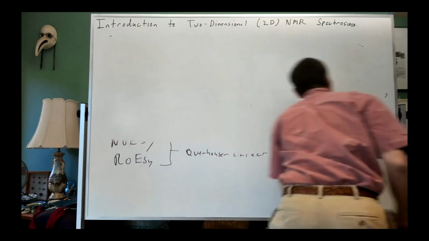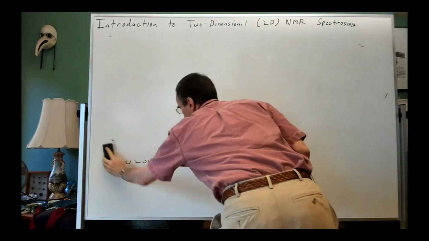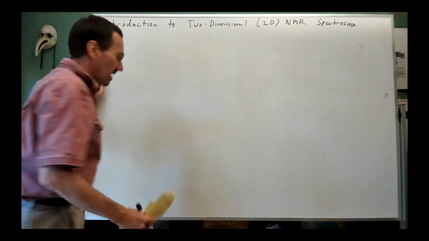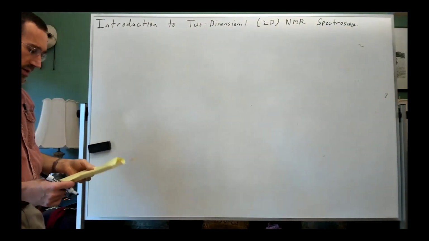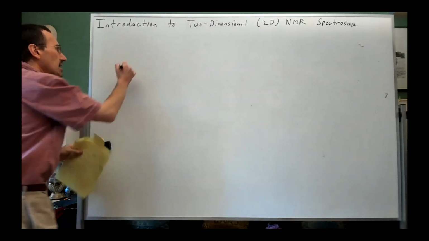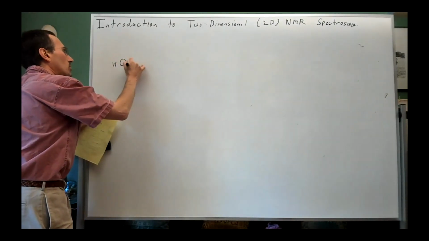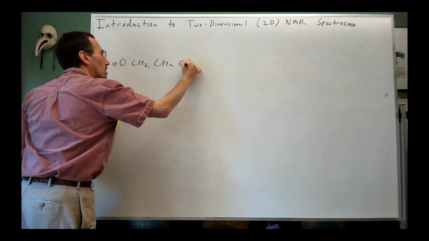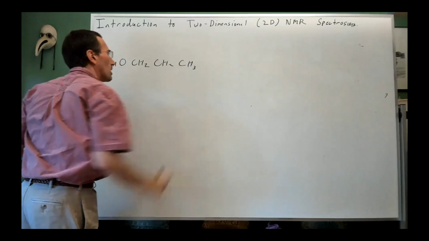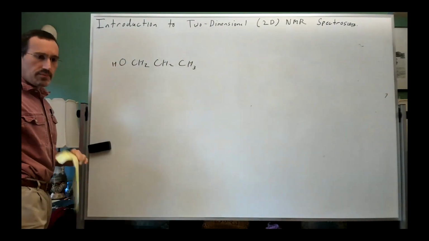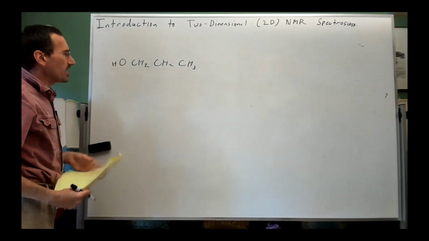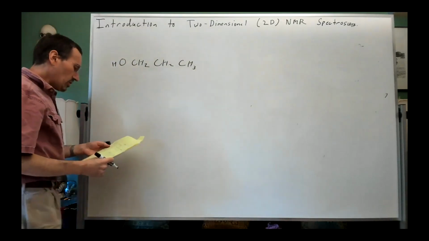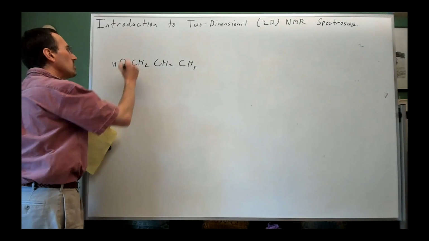All right, so what I'd like to do at this point is sort of diagram these experiments out, or at least 4 of these experiments, the first 4 of what I've called the core experiments. And I'll diagram them all out with 1-propanol. I made little schematic diagrams for the handout. What I'm going to show you then for COSY